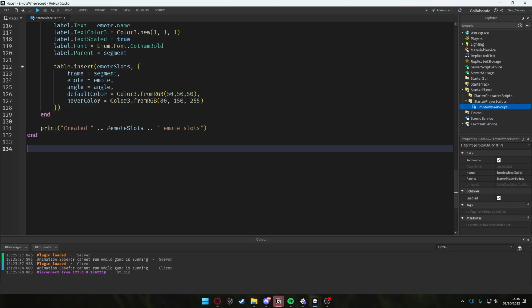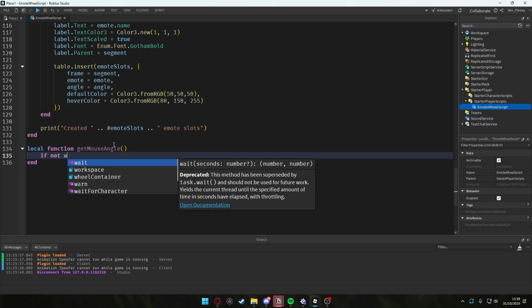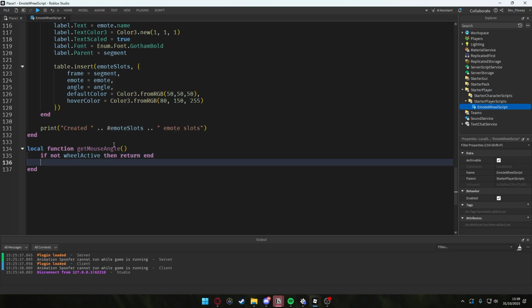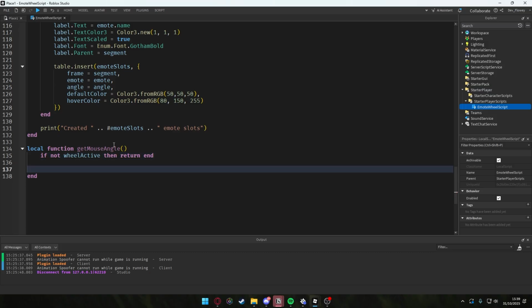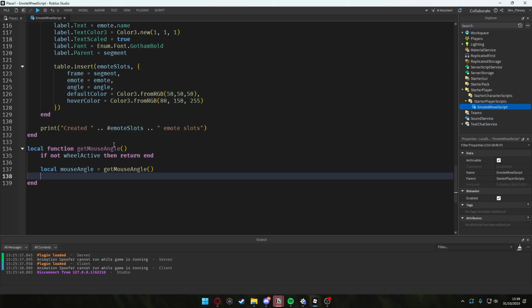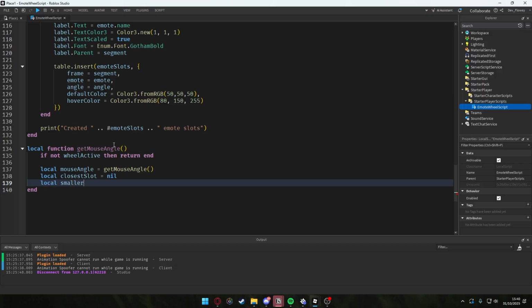Then we're also gonna get the mouse angle relative to center, so that we know which emote you're hovering over. Local function getMouseAngle, like this. We're gonna use if not wheelActive then return. So let's say if we're not in our emote wheel, then this doesn't matter, so we won't even use this. Local mouseAngle equals getMouseAngle, and then local closestSlot equals nil, and then local smallestDiff